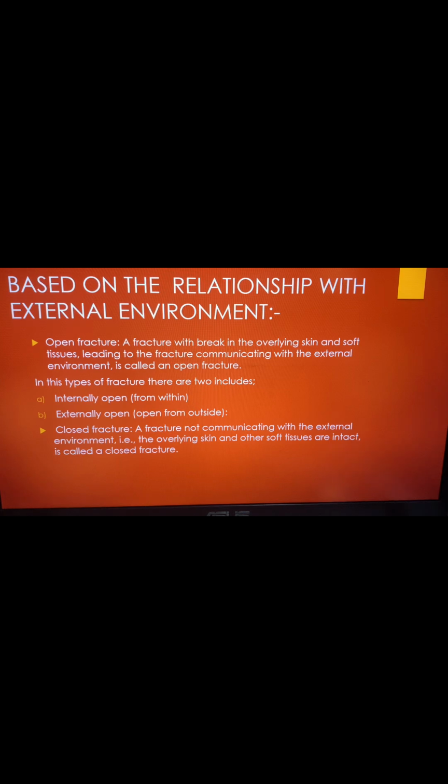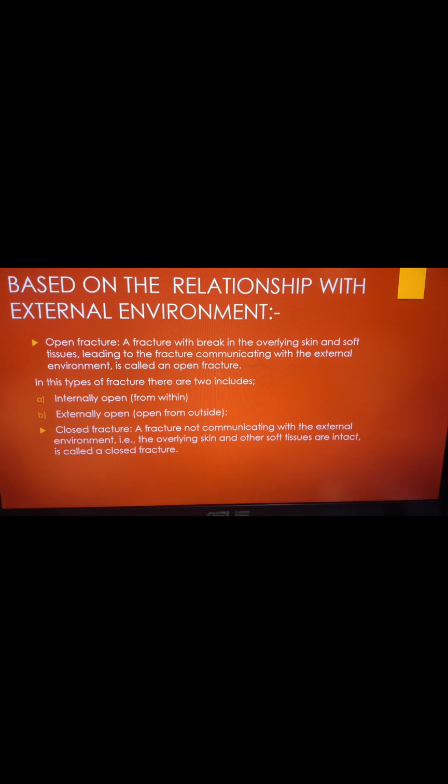We go to the second classification, which is based on the relationship with the external environment. In this, we have specifically only 2, the open fracture and the closed fracture. The open fracture means the fracture with a break in the overlying skin and soft tissue, which leads to the fracture communicating with